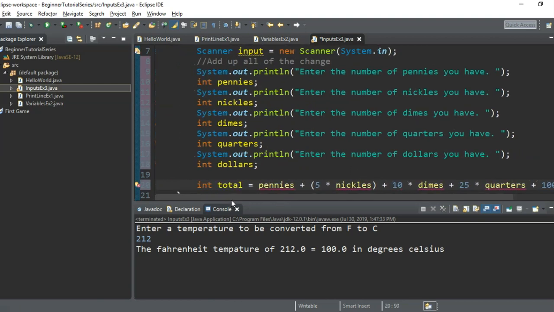So the total will take each one of these and multiply them and then add them all together. Okay, now if